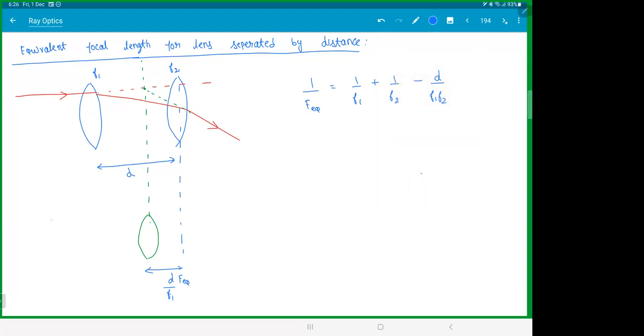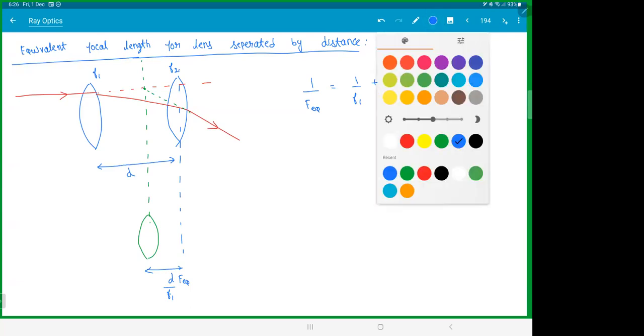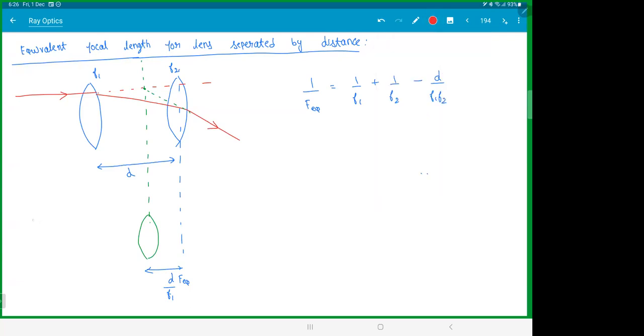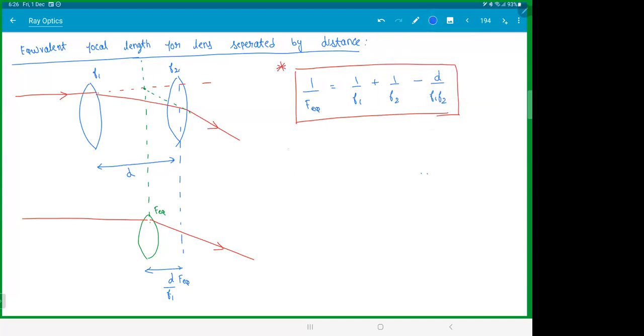So this whole setup seems as if a light ray has come like this and gone like this. So this thing is the F equivalent lens. The formula is more important. If they frame any question on this in advance, you can directly take each lens and solve it regularly. This thing is only valid for rays coming from infinity, parallel rays,